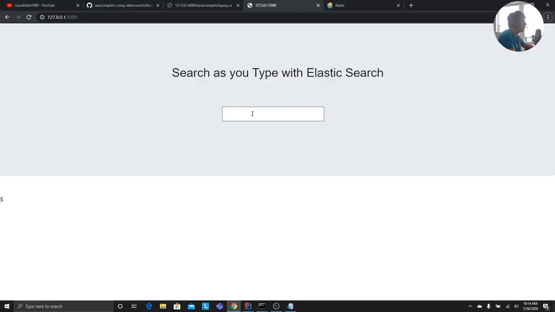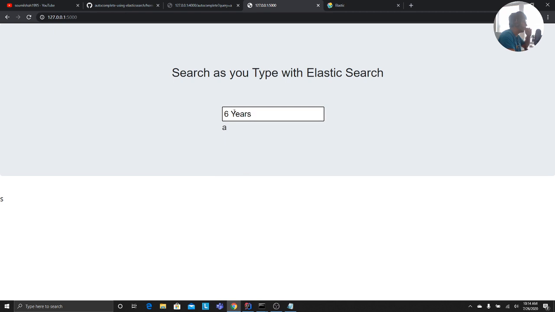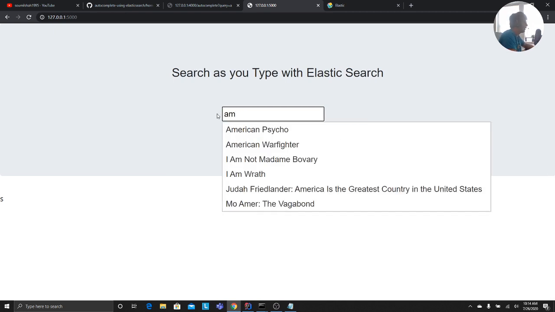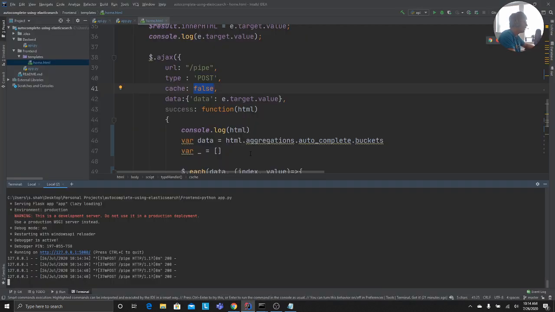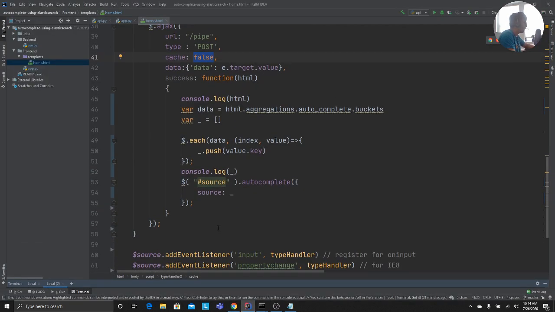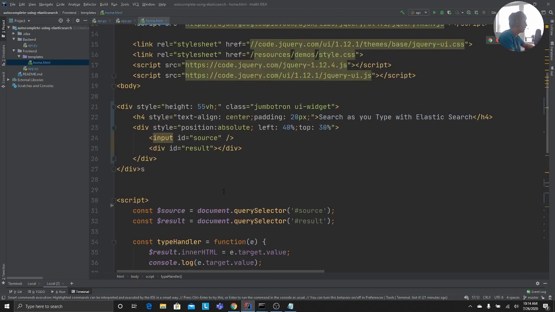What you can also do is, for example, when a user clicks on any movie, you see how I have these things done. So for example, American Psycho. So you did this, right? The next time you refresh, it's already going to come up with whatever you selected. So what you can do is, whenever you make a selection, you can put that in session storage.